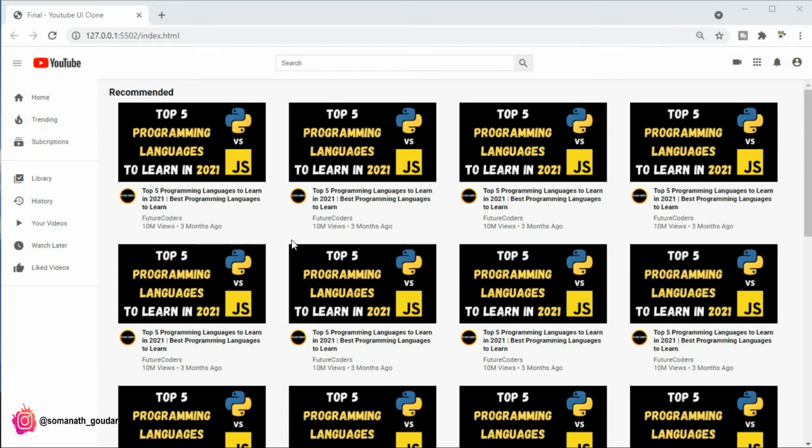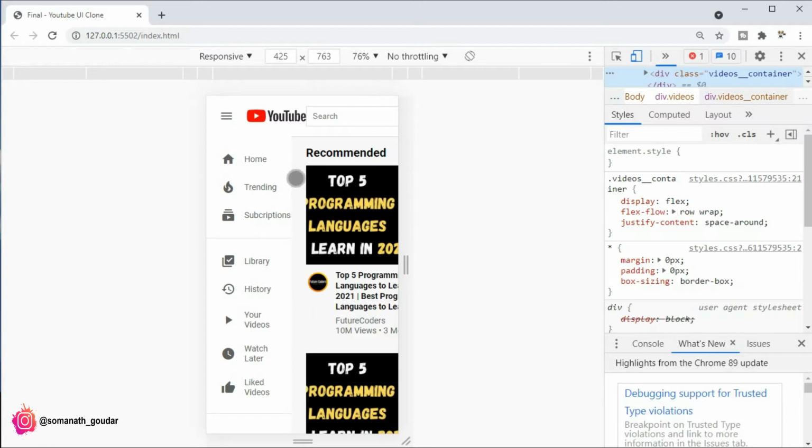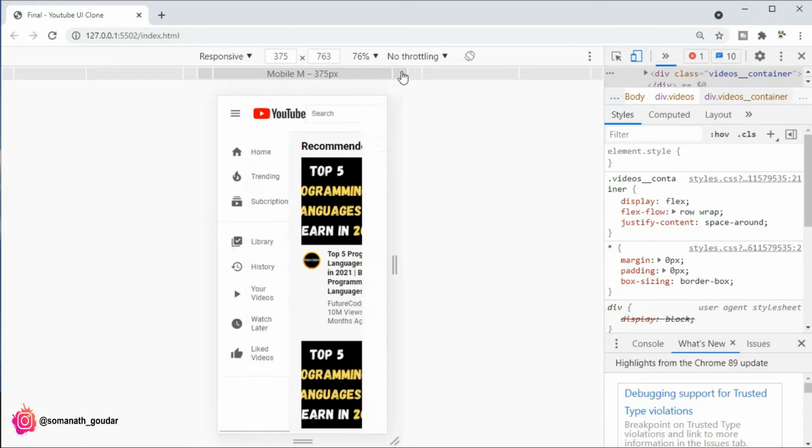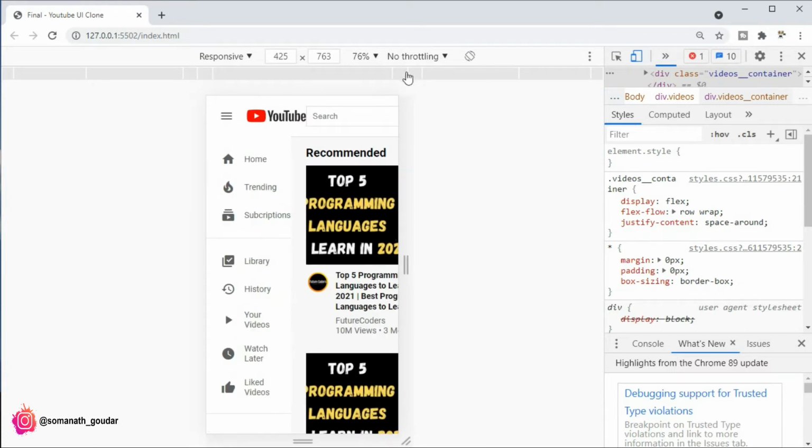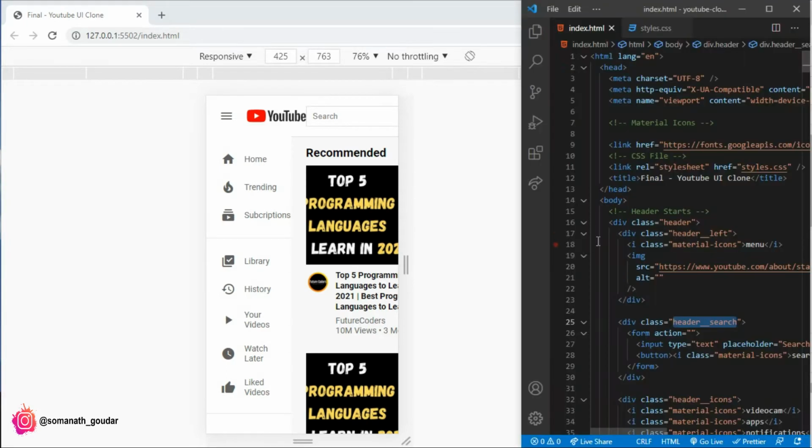So what I'm gonna do now is right click and hit inspect. As you can see, our build is not even responsive at any of the screens, not even in the mobile screen, small screen, medium screen and large screen. So I'm gonna target the mobile large screen, that is 425 pixels, when the maximum width of the screen is 425 pixels. Let's define some new styles for that. And also in the description I will be providing the starting files so that you can download it from there.